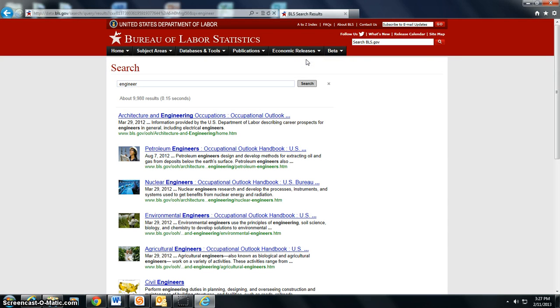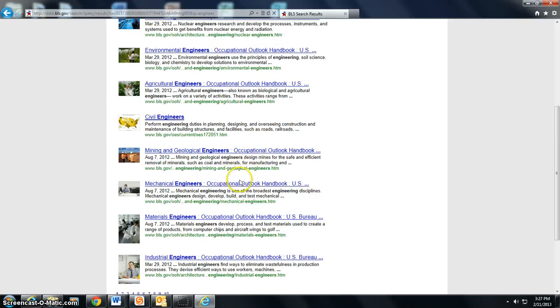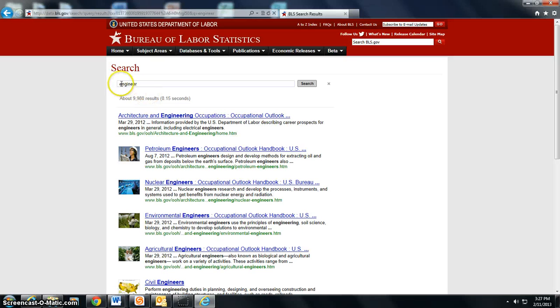You'll notice that a ton of different engineering jobs will come up. This is a good way to look and see if you don't know what you want to do yet. But you can just double check here and see that there's different jobs, all different types of engineering jobs you can choose from. I'm going to take the time and type in aerospace